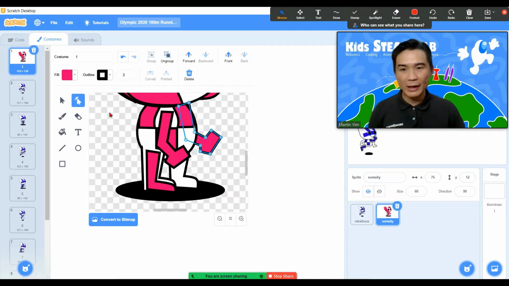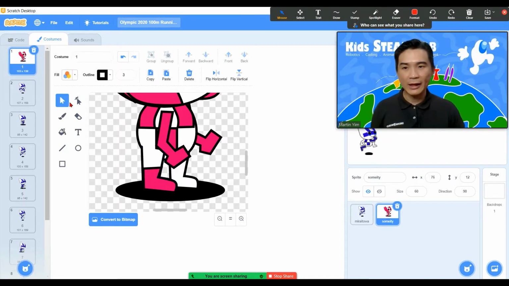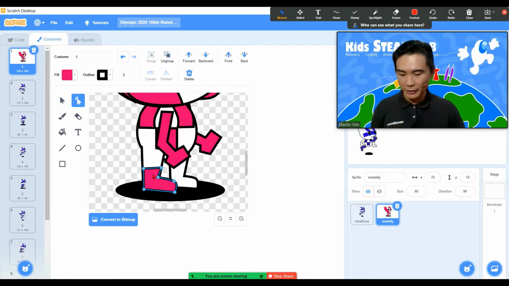Click on the reshape button, click on the pink color leg, drag this point over here, drag this point over here, drag this point over here. Yeah, we try to make the shoe in pink color now. Okay, see, now we have the leg done already. Use the reshape button, click on the pink color shoe, and then you